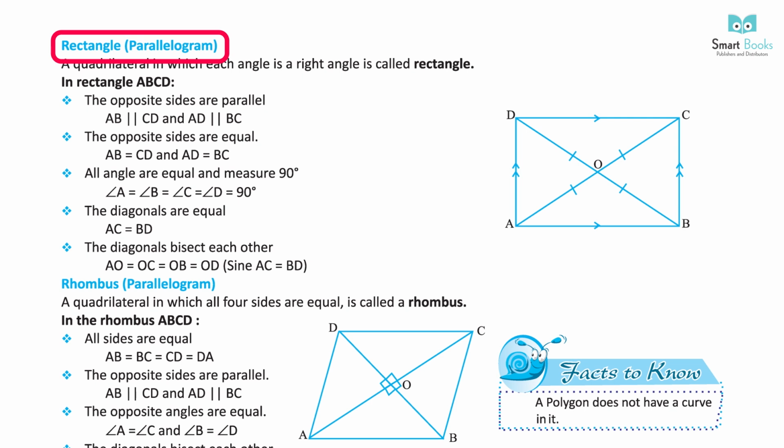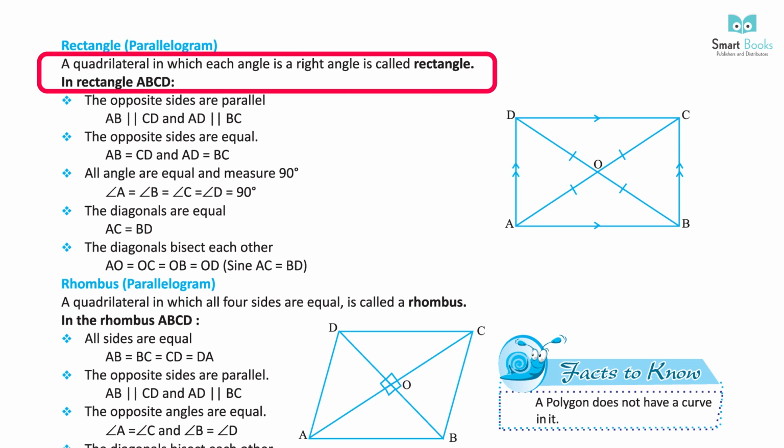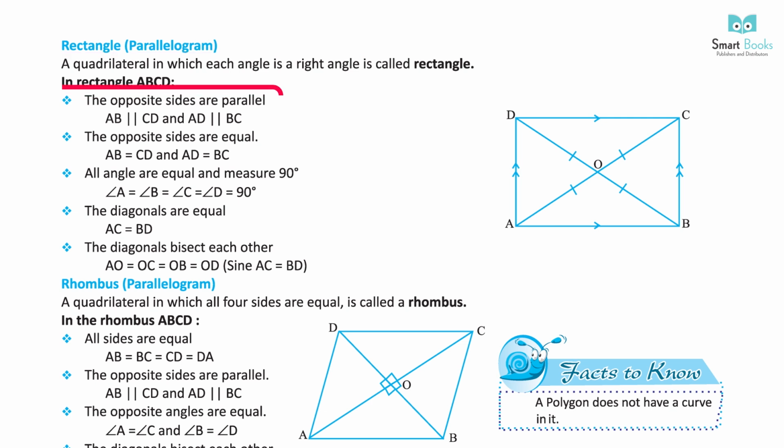Rectangle. A parallelogram in which each angle is a right angle is called a rectangle. In rectangle ABCD, the opposite sides are parallel. AB is parallel to CD and AD is parallel to BC. The opposite sides are equal. AB equals CD and AD equals BC. All angles are equal and measure 90 degree. Angle A equals angle B equals angle C equals angle D equals